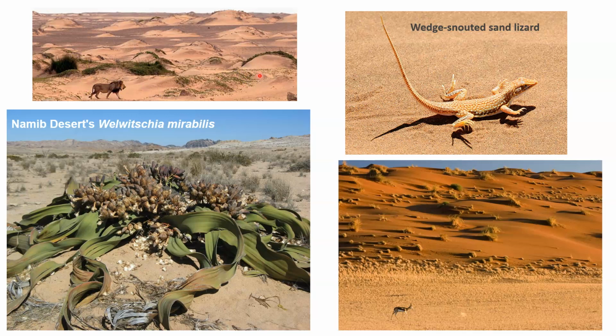That desert is located on the westernmost coast, right? One of the largest global lion populations occurs in the Namib Desert, right? And lions are threatened; they are endangered at global scale. But that particular population is doing great. The bottom figure again, we are looking at the same desert, the Namib Desert.